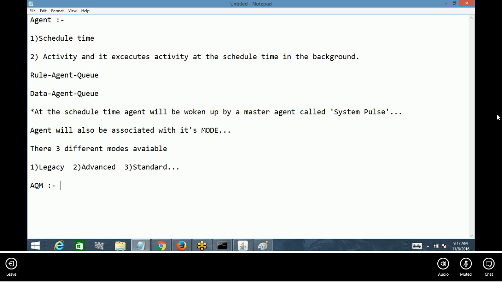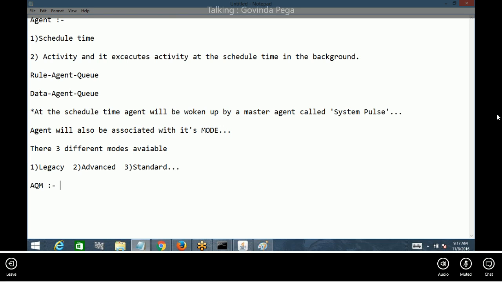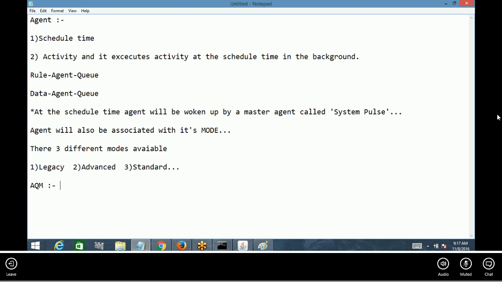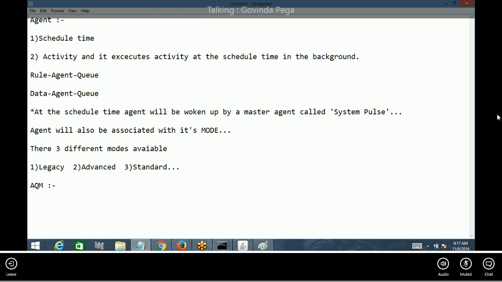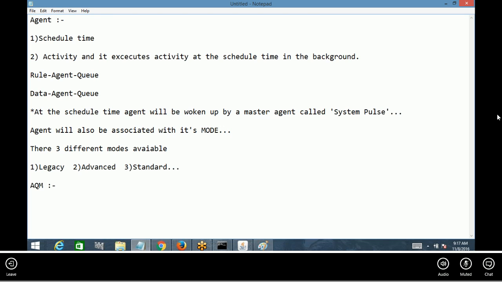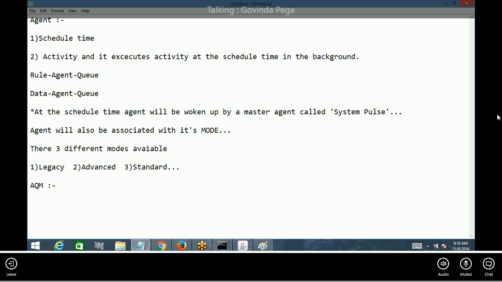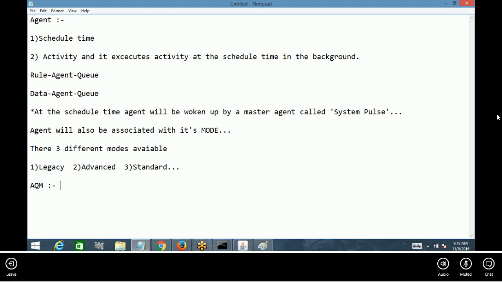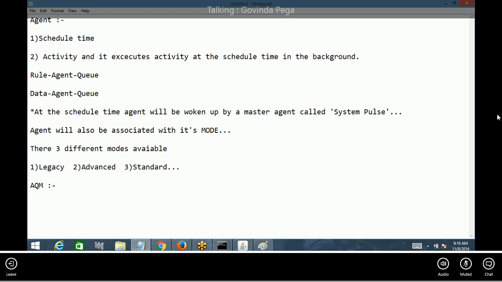AQM stands for auto queue management. AQM is an internal program